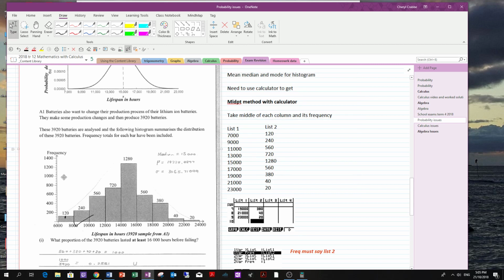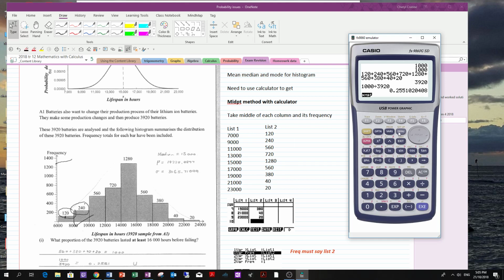They've given us the frequencies here as 120, 240, and so on. So that becomes our frequency, and that goes in list 2 of our calculator. So in our calculator, we go to the menu, we go to stat, and in list 1 we put our midpoint values, and in list 2 we put our frequencies. Now once we get that data in there, we're going to hit calculate,